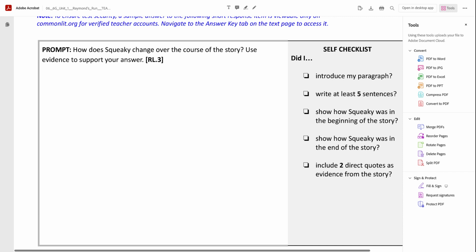I'm going to pause the video, revise your paragraph, add what you need to add. You can use mine as an example. You can have the same evidence if you want to, because I don't own those words. Those come from the story. You can use those if you want to. Highlight what you need to highlight, and then I want you to turn in your final paragraph.